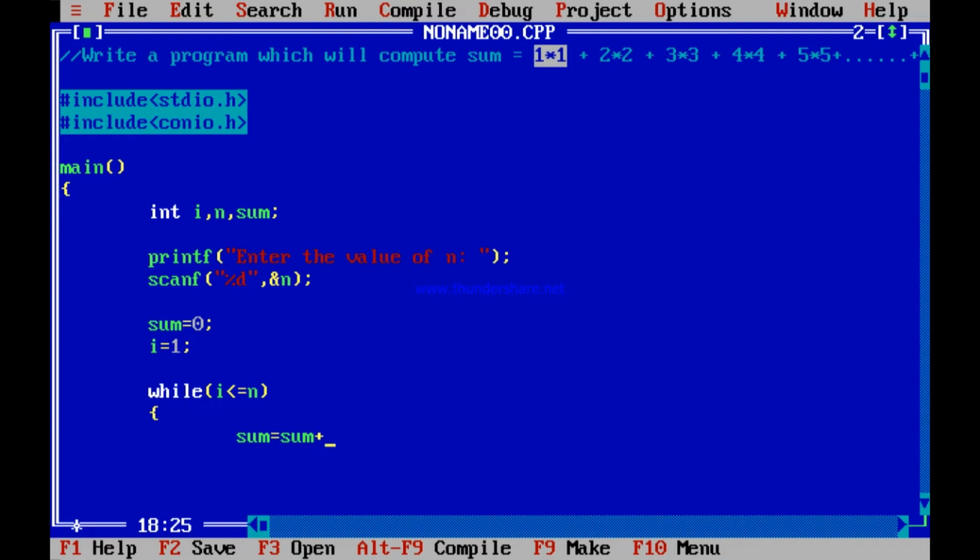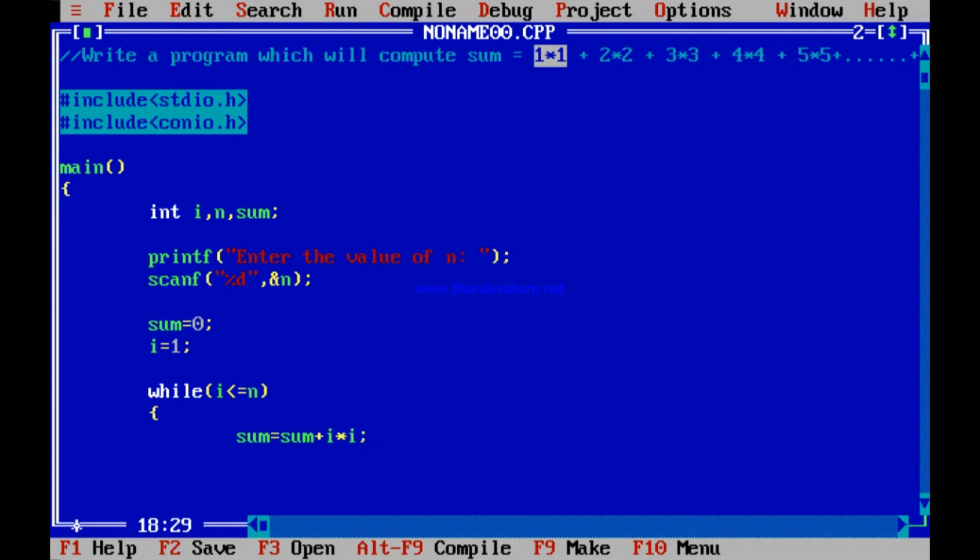And in the third iteration, i should be equal to 3. So every time, what do you want? The first time you want 1 into 1 to be added, second time you want 2 into 2 to be added, third time you want 3 into 3 to be added. So basically every time, don't you want i into i to be added?